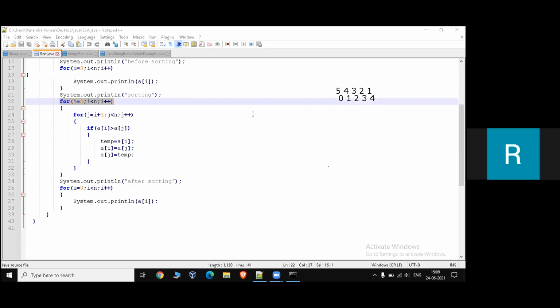Here we have 4 elements. Here i is equal to, sorry, i is equal to 0. 0 is less than 4. So the condition is true, so it enters into the inner loop. In this inner loop, j is equal to 0.